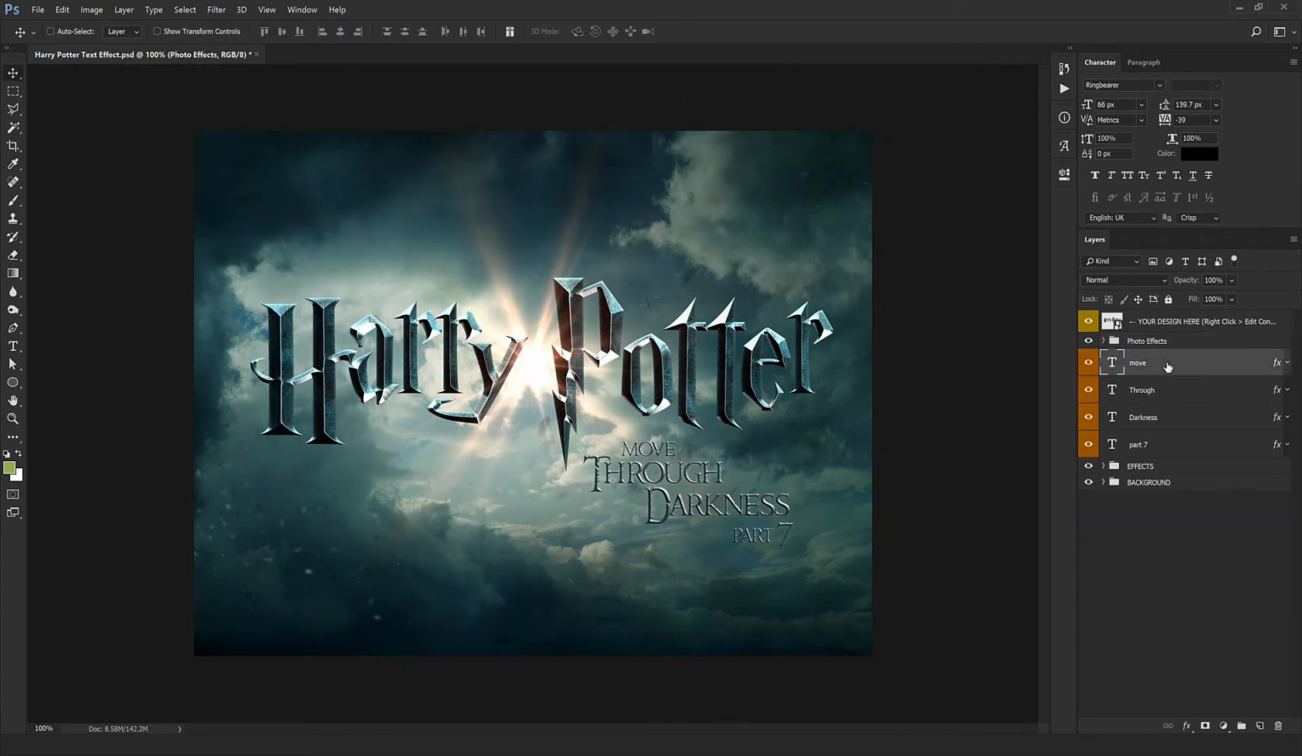And we got these text here. You can just double click on it and write your own text. Okay, there it is. If you don't want it to be, just disable them. Very easy